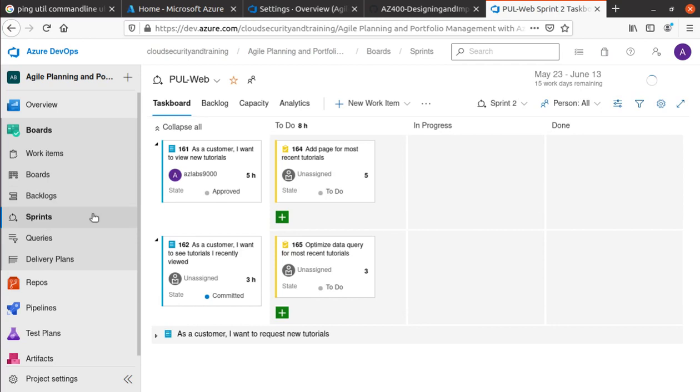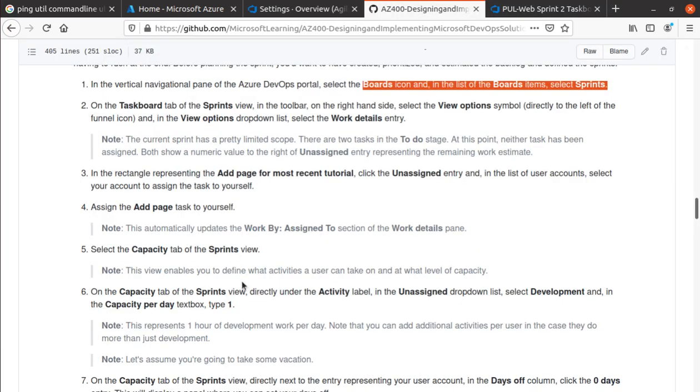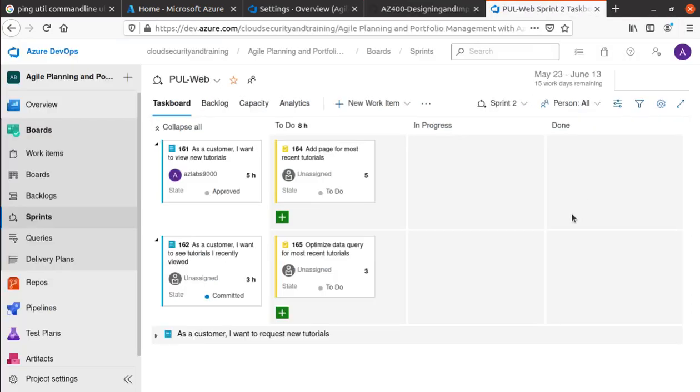So we are in the sprint view now. Let's see, sprints. On the taskboard tab of the sprints view, in the toolbar on the right hand side, select the view option symbol. In the view option drop down list, select work details entries. So over here they are saying